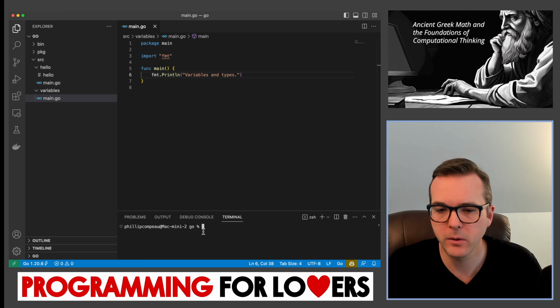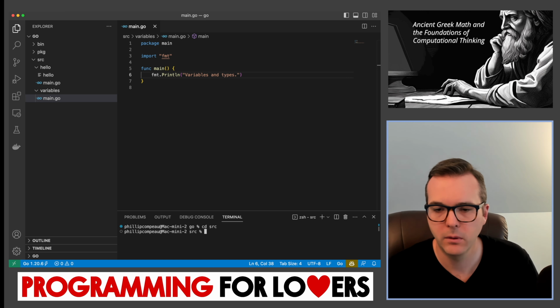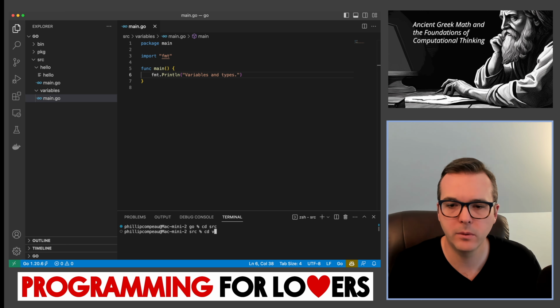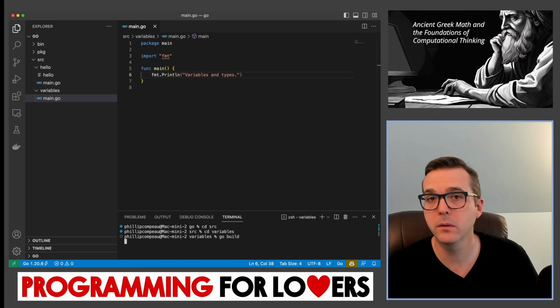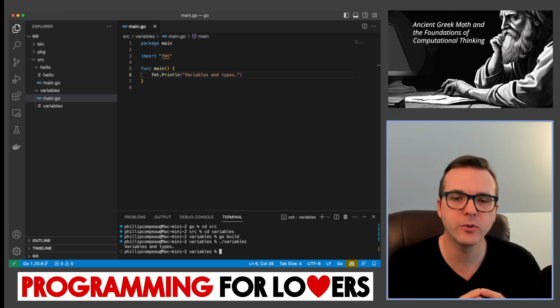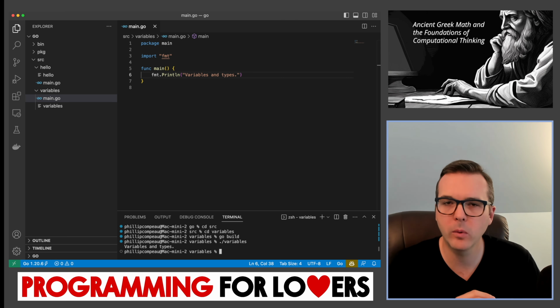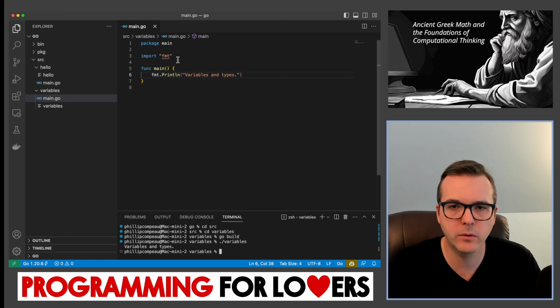And within the terminal, I can see that I'm in my Go directory, so I could cd into the source code and cd into variables, and I need to compile with go build, and then I can run my code. So it just prints the statement variables and types. Now we want to declare some variables and start working with them and learn more about the different types that variables can have. I will make one more note before we do that though, which is to talk a little